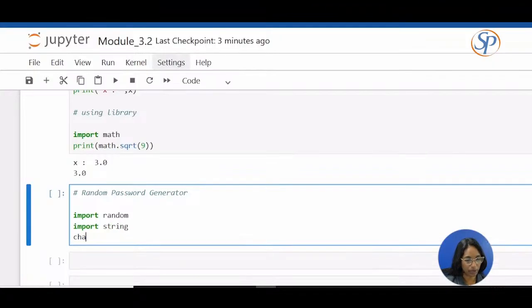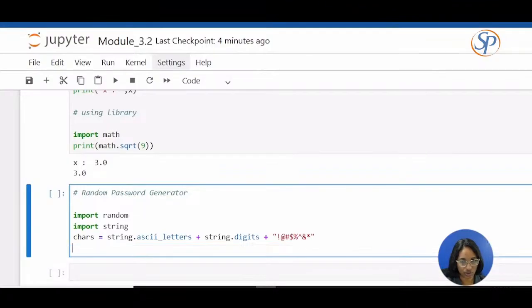Now let's take a variable chars equals to string dot ascii_letters plus string dot digits plus, and we have to give the special characters, exclamatory, at, hash, dollar, percentage,